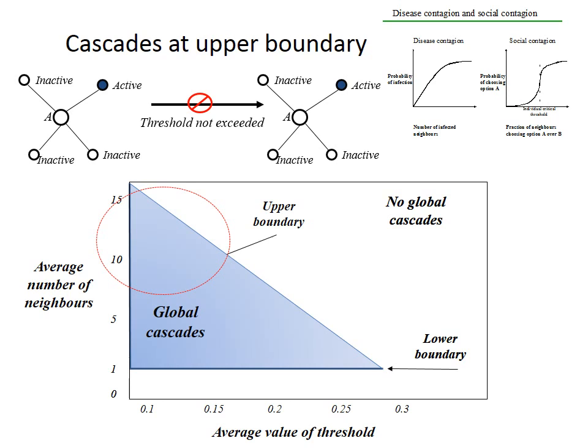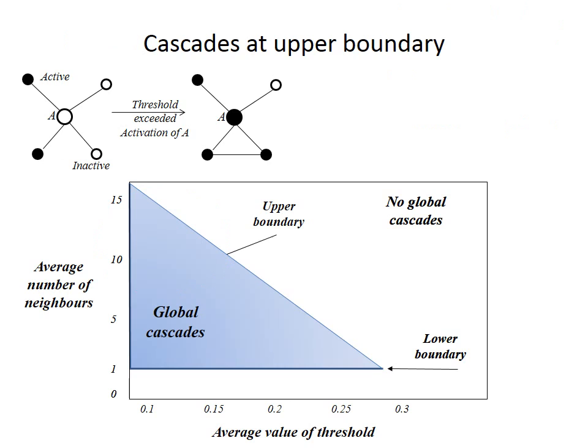But then what happens if, for certain reasons, there's a critical mass of individuals in your network that have already adopted? This is represented here. Imagine now the same conditions are present, the threshold is still 1/3, A sits at the center of a social network of 4 neighbors, but for reasons that we don't examine, a critical mass of individuals has switched. Now, instead A has not 1 active neighbor but 2. Because the threshold is 1/3, now A switches.